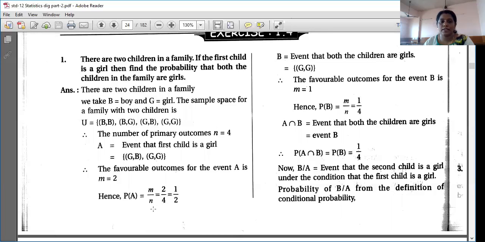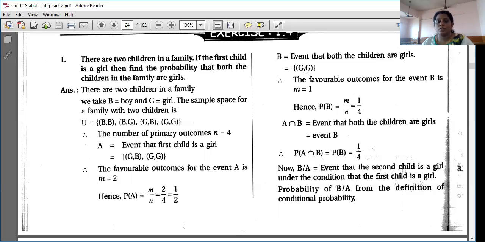Then the second thing is, find the probability that both the children in the family are girls. Both are girls. So only one. So B is the, so in the question, what is the first sentence? Break the sentence and divide it into two events. That the first half is called the event A and the second half always ऐसा ही होगा. First half is event A and the second half is event B. जो if के बाद आता है ना, उसको पूरा statement में आप लोग को divide करना है दो section में, A and B. Two events हो जाते हैं, right? तो यहाँ पे first sentence था, first child is a girl, is event A. Then second sentence, that both the children in the family are girls, that is event B.